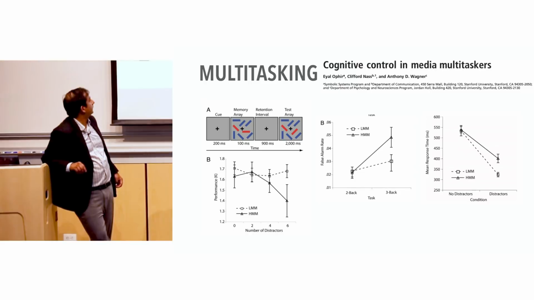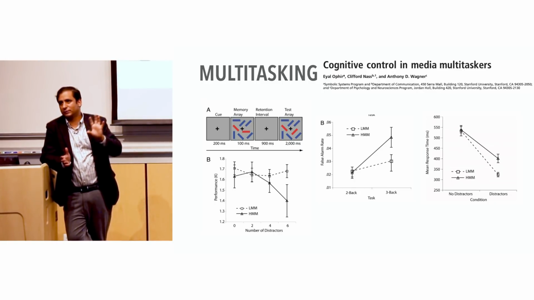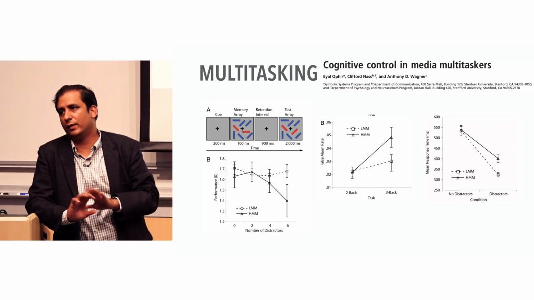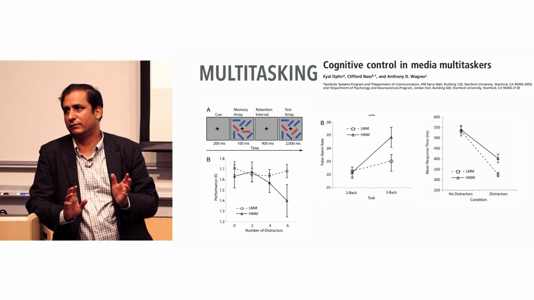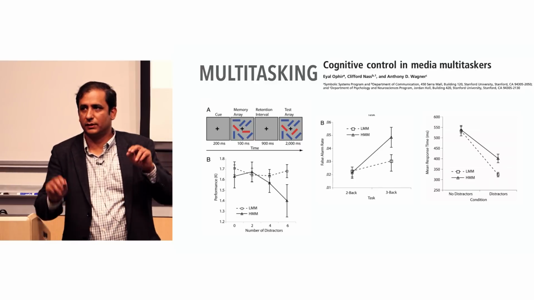So for this example, Cliff and others, the experiment they did was they would show you this plus sign for 200 milliseconds, then you would just see these bars, right? Some boxes, I hope you can see them in the back. They're red bars and blue bars. And there are way more blue bars than red bars. There are 2 red bars and like 5 or 6 or 7 blue bars, and you can increase the number of blue bars. And the blue bars are called distractors.